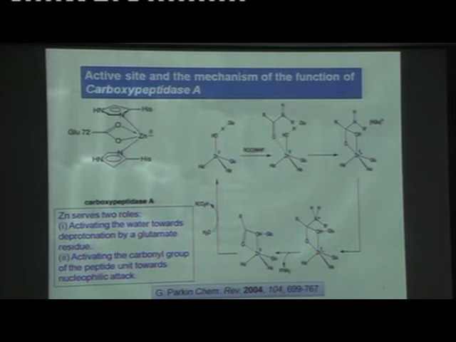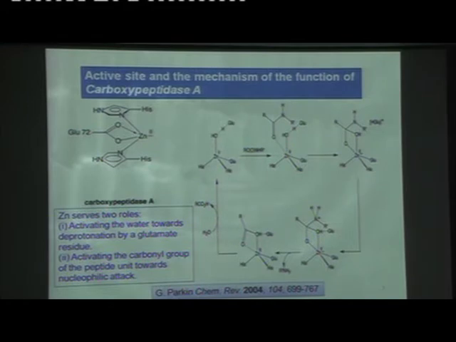Because of this coordination, electron density will be pulled, and this place will be positively charged. That place and this one can talk to each other and form a bond. This is the intermediate that can form, and then you have all kinds of bond cleavage, and at one point NH2 will be liberated, at another point acid will be liberated. So the bottom line is, whatever be the details of the enzyme, the same story: metal ion, water, then metal ion, OH ion, substrate gets bound, OH ion attacks, and liberation of the product, and this cycle repeats. This is done by Lippard from Columbia University.